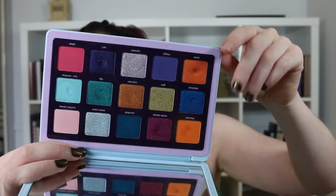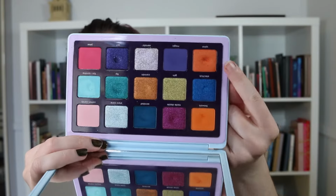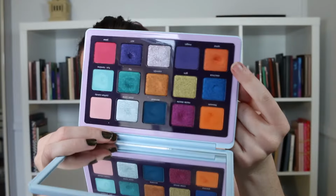So what that means is a shadow that I previously tried to hit pan on, but I totally failed. I rotated this one into the project last year and I didn't manage to hit pan on it. But so far so good this year. As you can see there, there's a dip starting to form. So I'm hopeful that maybe,